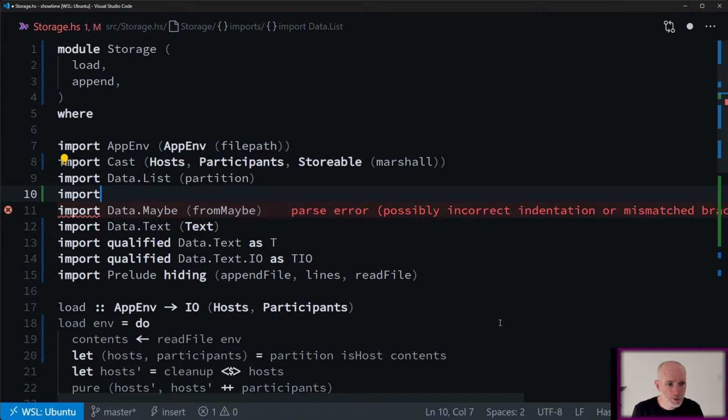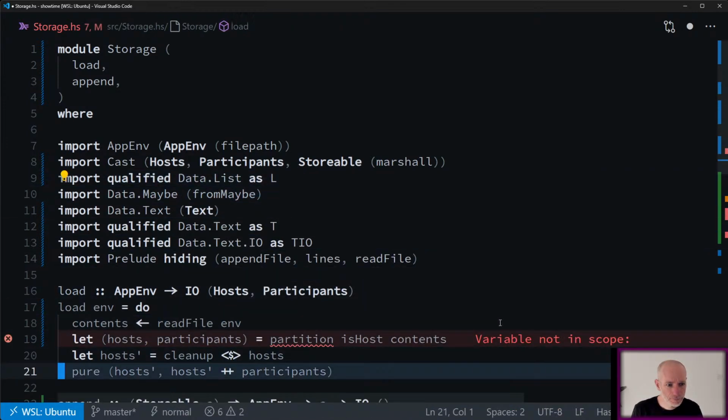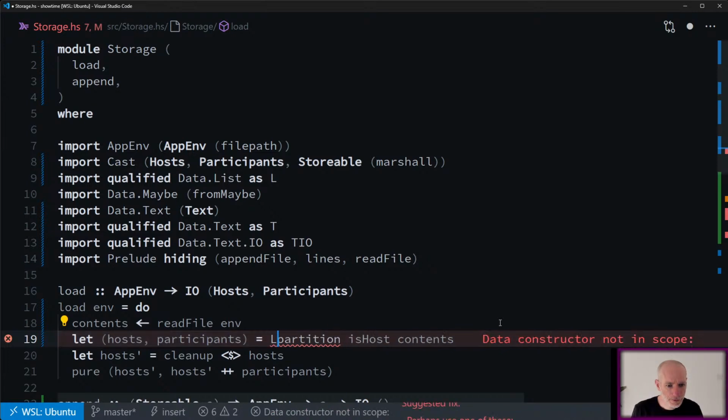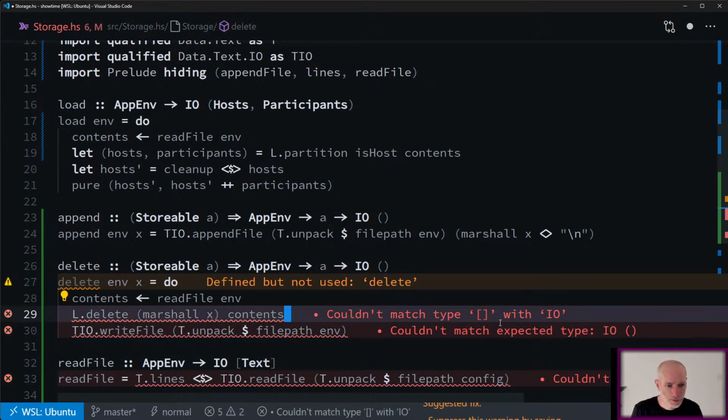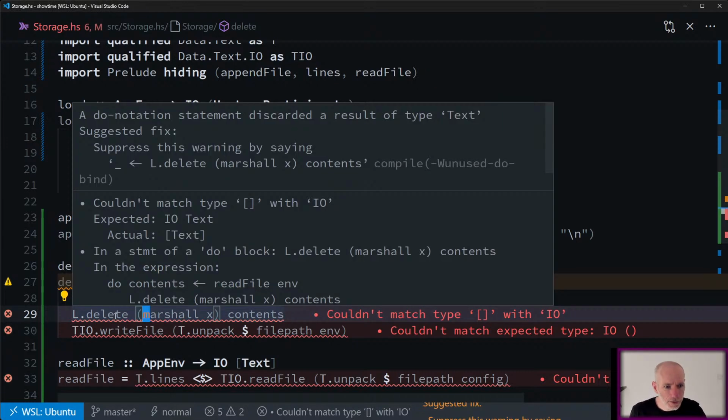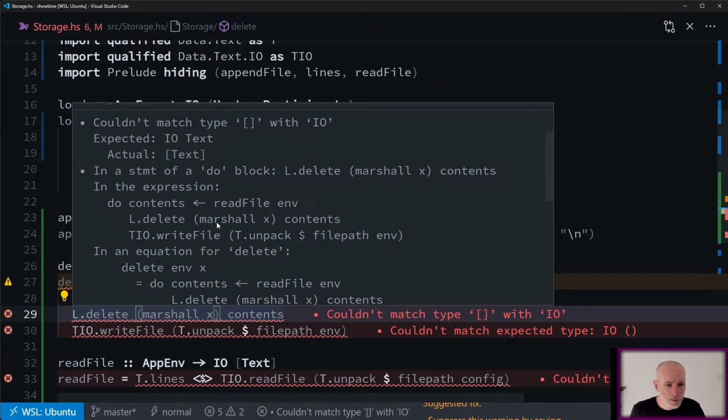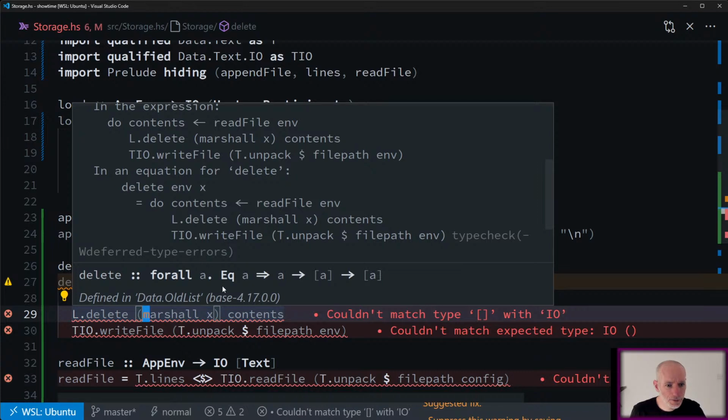We can say import qualified Data.List as L. L.partition. So now L.delete. Maybe type delete, yes. Okay. I'm going to delete A from list of A's and get the list of A's back. Okay, cool.